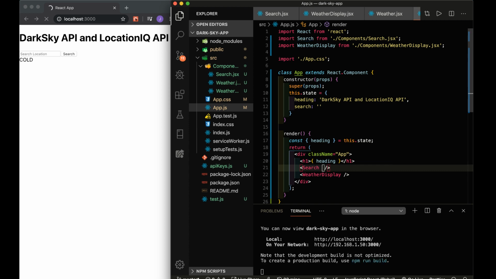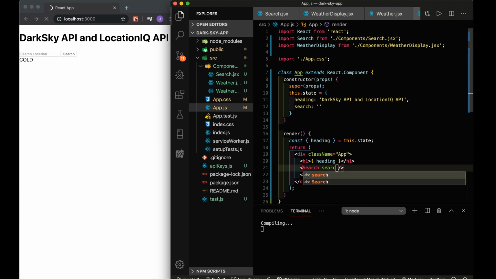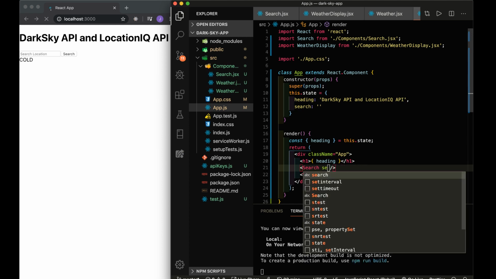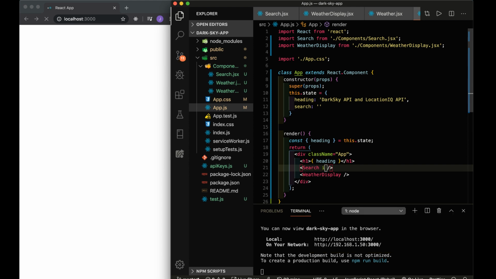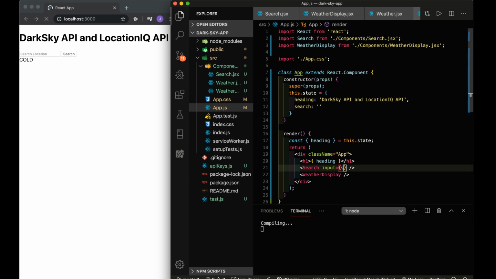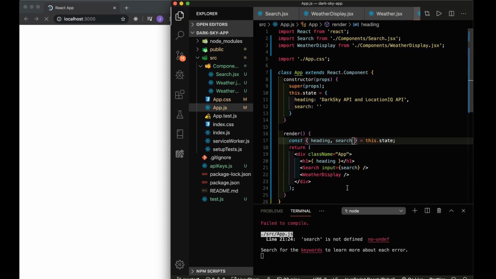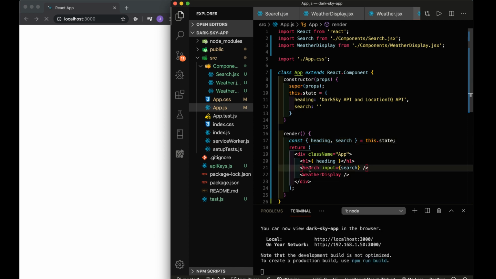The first thing we will pass is the search value. Let's do input is equal to, and we're going to pass in search, but we don't have search just yet. Let's destructure this search. Now we're passing the prop called input to search. Okay, and what else do we need to pass? We have to pass the search value, and now we have to pass in